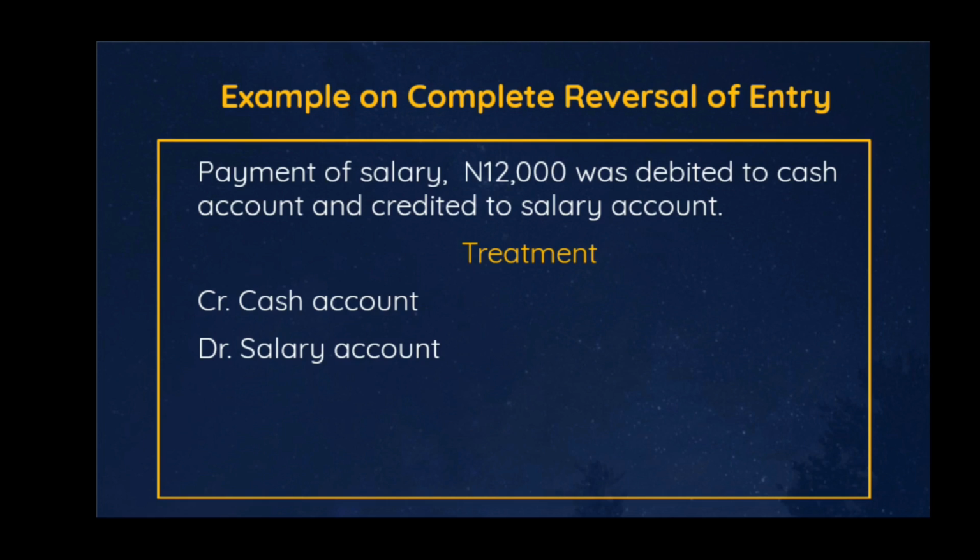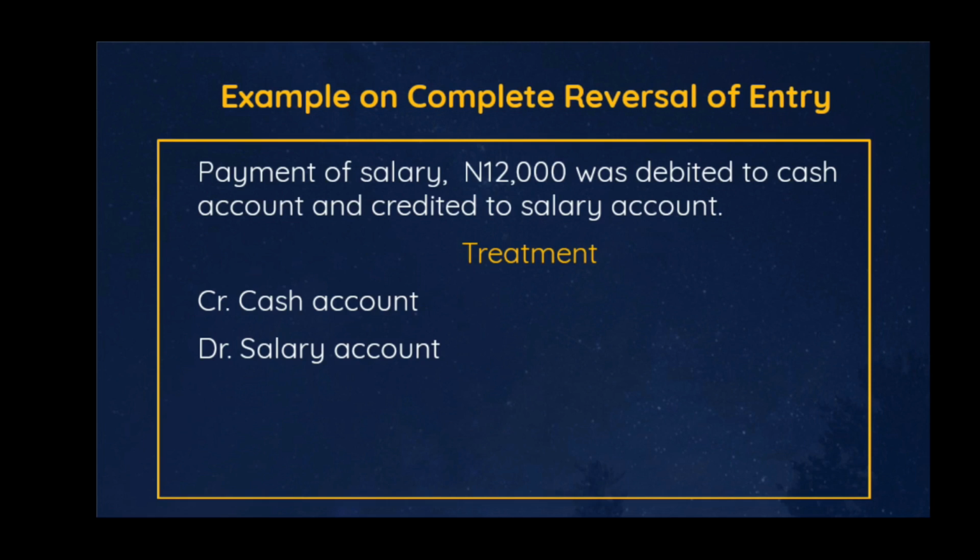So how do we treat this? The first thing, we remove the money from the credit side of the salary account, then we add it to the debit side of the salary account. Initially, the salary account had been credited with 12,000 naira. So to correct that, we are going to debit it with 12,000 naira. If we debit it with 12,000 naira, that means we close the account. To now enter the amount back in the salary account, we add another 12,000 naira to the debit side of the salary account, making